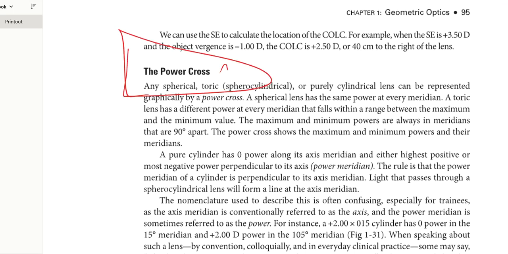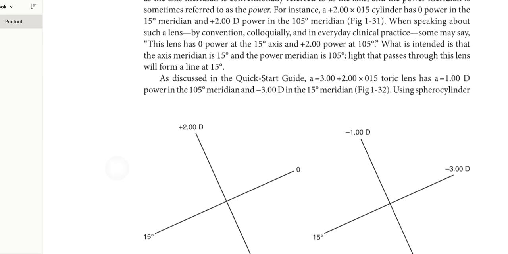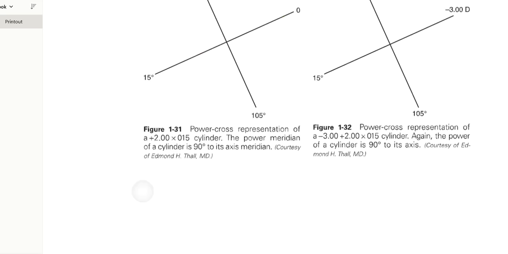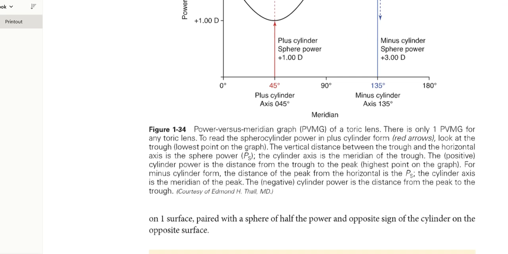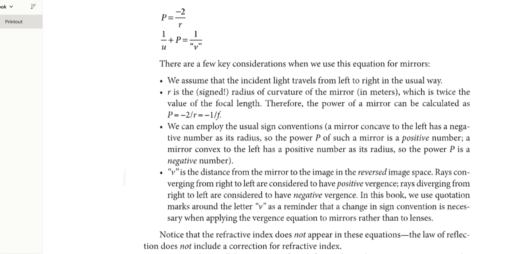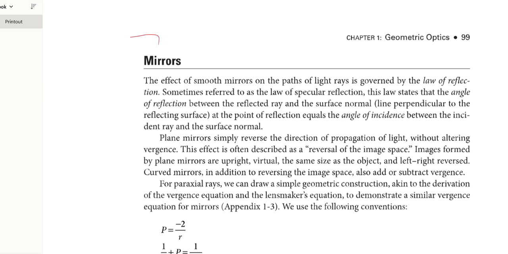Power cross. Very important. You will get 2 or 3 questions about the power cross to give the final prescription. Okay, please practice about the power cross and how to give the prescription. Similarly, like these, there will be Accent loss under is important. Okay, mirrors not important. Just give a